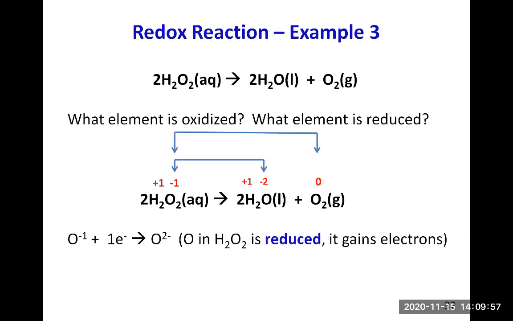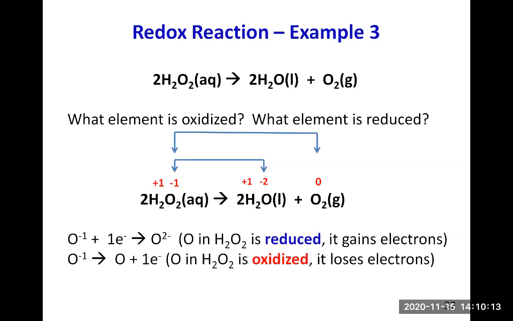And then we see that there are 2 oxygens in hydrogen peroxide. And so the other oxygen that was a -1 on the left side becomes oxygen with a charge of 0 on the right side with O2 gas. And so for that oxygen, O -1 here becomes O with one more electron. The oxygen has lost the electron. So now it's the oxygen in its 0 charge state plus 1 electron that has been lost by the O -1,